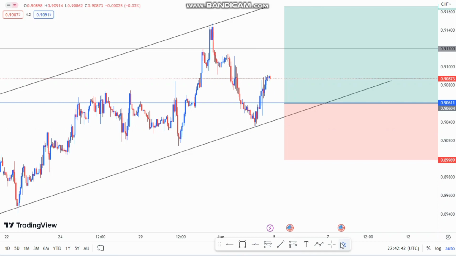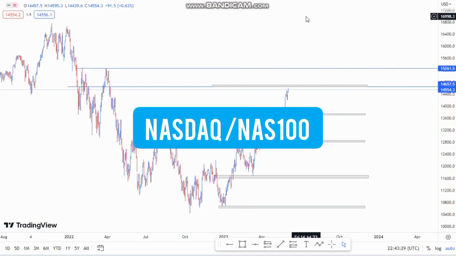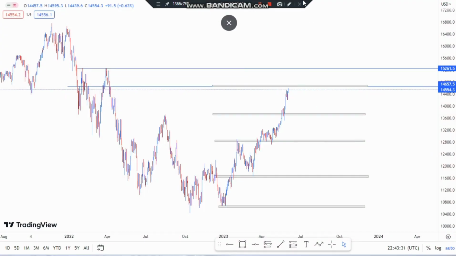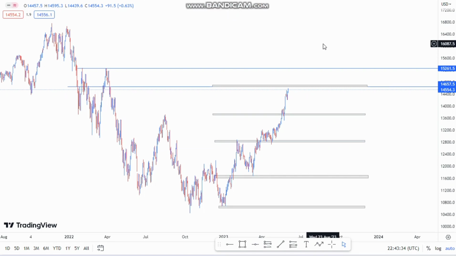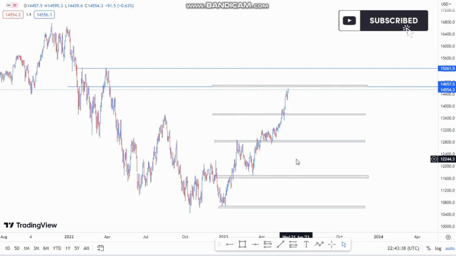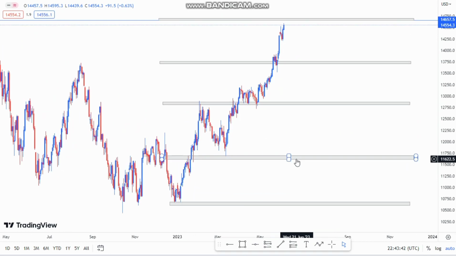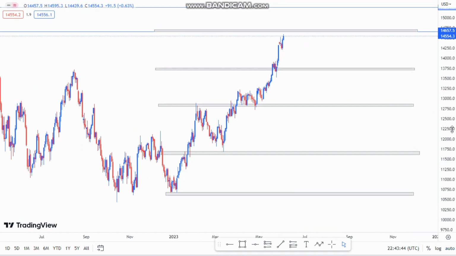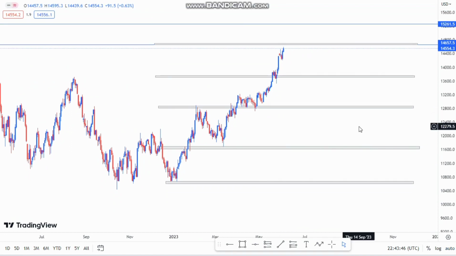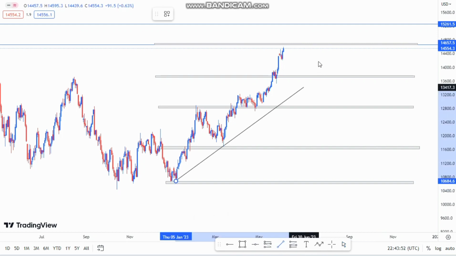Let us move to NAS100. Okay, so now we are on NAS100 on the daily time frame. So as you can see, this is what we have. This is our chart, guys. Just zoom in a bit. I've already laid out all the levels that I'm seeing on the market, so I'm not going to waste time with this one because I think we did analyze